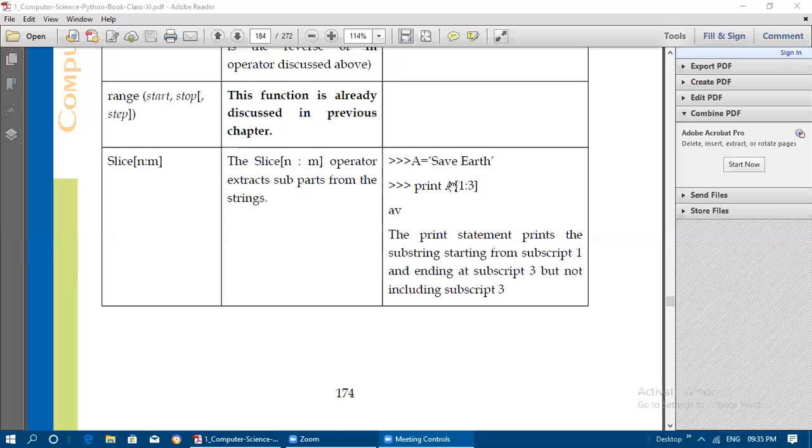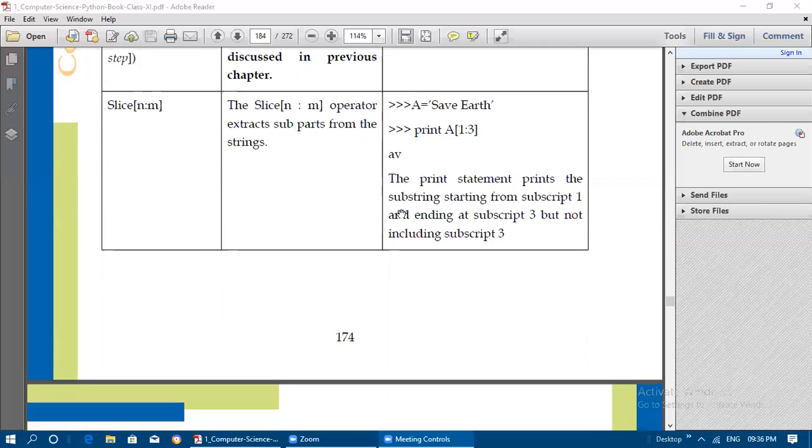So 1 2 alone it will indicate. So 1 2 means what? 0 1 2. So a and b alone will get printed. The print statement prints the substring starting from subscript 1 and ending at subscript 3, but not including subscript 3. It will not include subscript 3, like the stop value we give in range, how the stop is taken by the range function. In the same manner m also will be taken. It is like a stop value, that is the stop place. So if you give m as 3, it will go up to the second index value, and up to the second index it will return the answer.